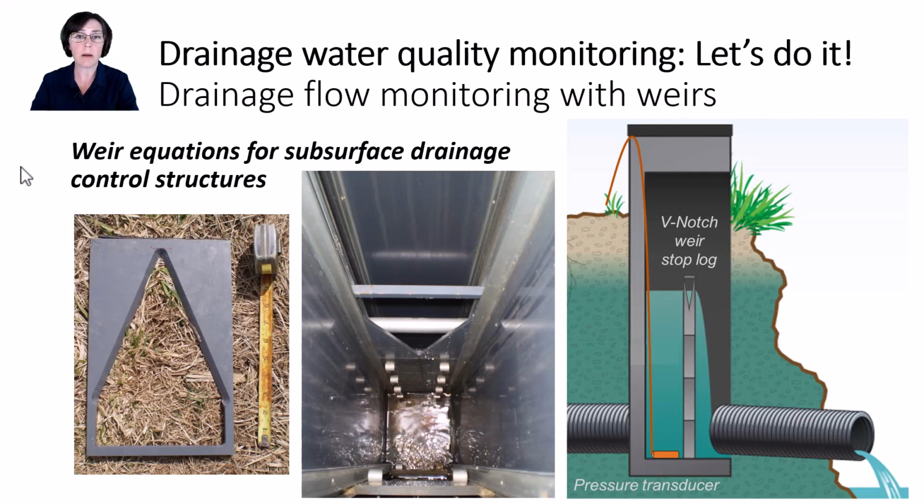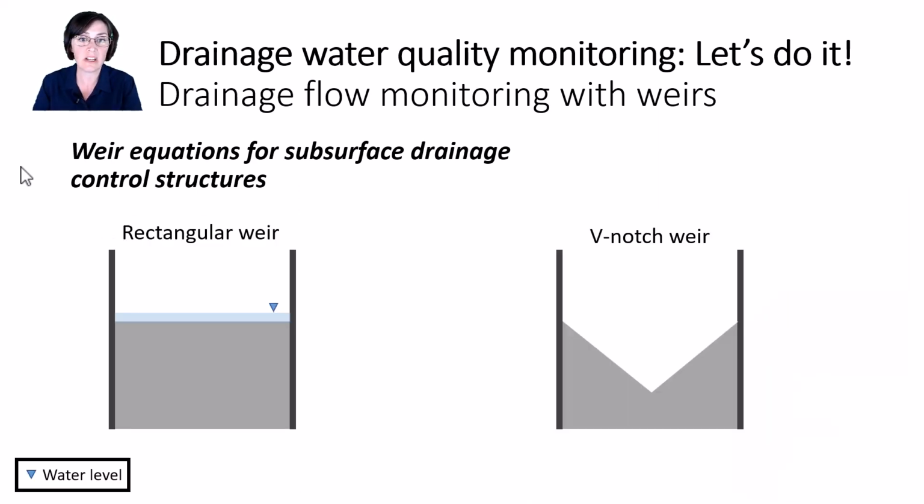For the majority of our monitoring sites, though, we don't just use rectangular flat stop logs that are the standard for normal control structures. We order a V-notch weir stop log to get more precise flow measurements at lower flow rates. The reason for using V-notch weirs is that if you have a small depth of water flowing over a flat weir like I'm showing here, it can be very difficult for pressure transducers to actually detect very small changes in water heights, like when the water goes from here to here. Those are pretty small changes in water depths.